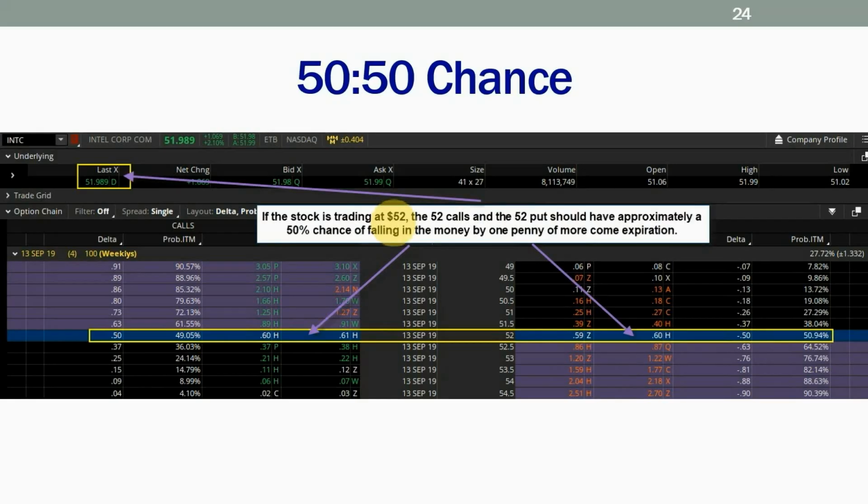Now, this is not me bashing charts. This is me simply saying that everybody assumes those guys at Goldman Sachs have some machine. I'm not sure how, but somehow, some way, they're screwing me. They don't know nothing, because if they knew something, do you think the calls would be priced the same as the puts? If they knew this stock was going up or going down, the calls would be bid or the puts would be bid. What that means is the price of the calls and the puts wouldn't be identical if somebody knew something.